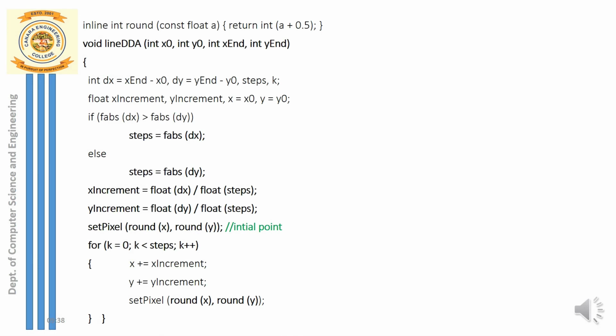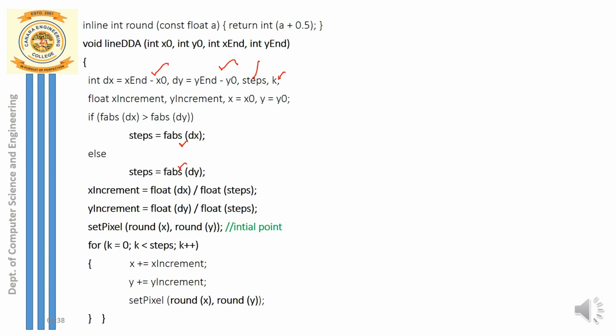This is the corresponding code. The same algorithm is implemented here. In the code also, first you calculate dx, then you calculate dy, and then you take a variable called k and the number of steps. You are supposed to take the absolute values of dx and dy, because the round off is also done with that.